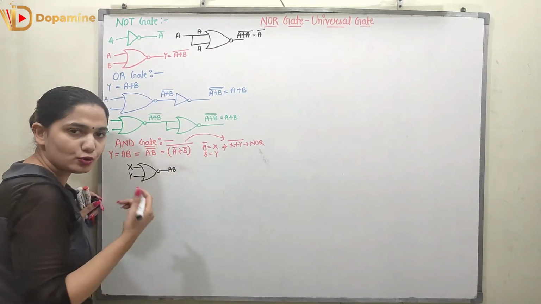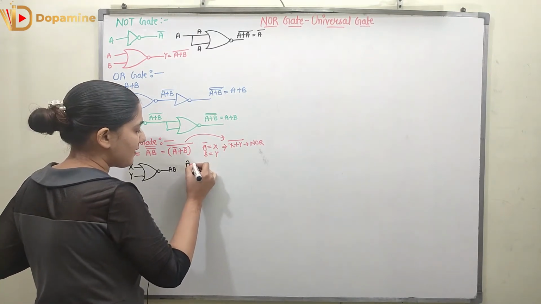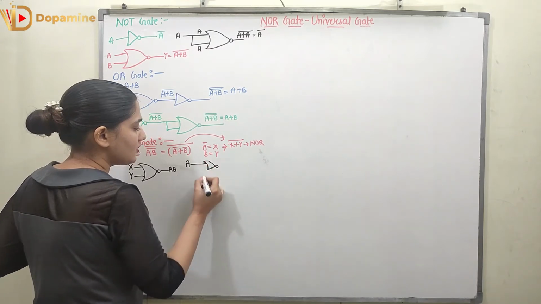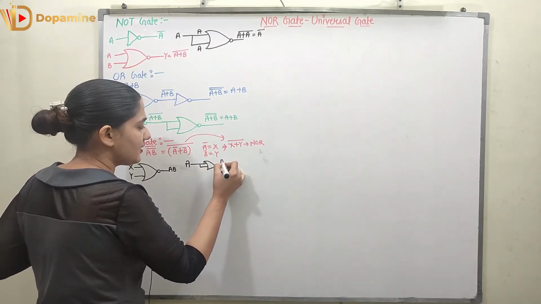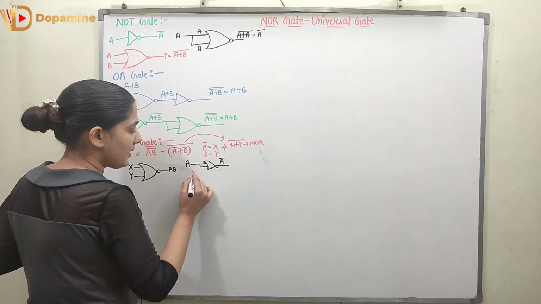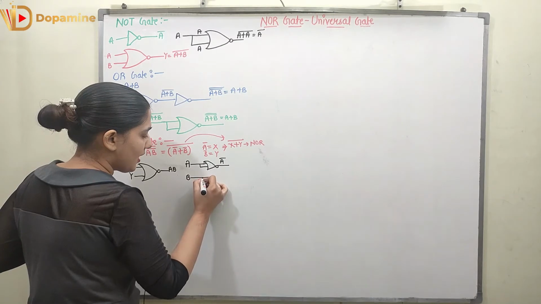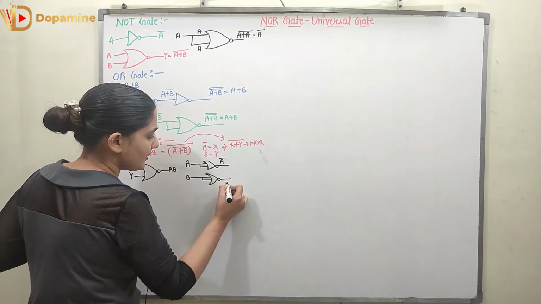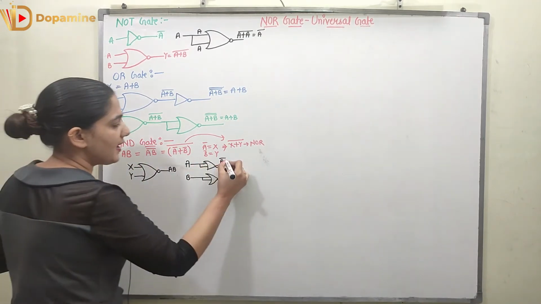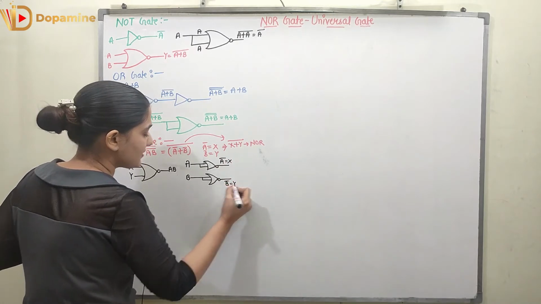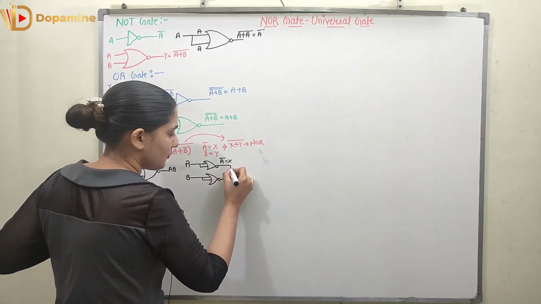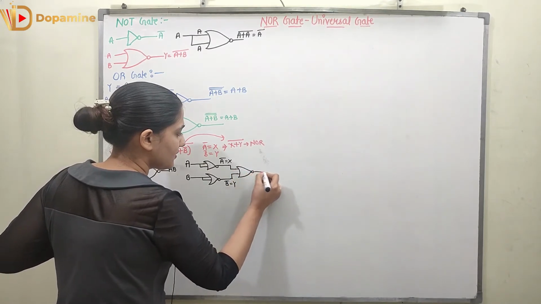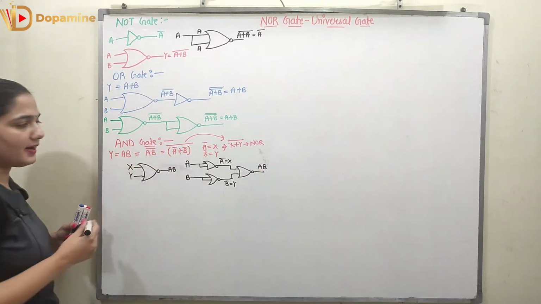So now I know how to find out the A complement. For that I will take A. I am going to send it to the inverter NOR gate. This is my inverter NOR gate. So here I will get A bar. Similarly, Y is my B bar. So I am going to take B. I am going to send it to inverter NOR gate. So over here I will get B bar. So now I got A bar which is equal to X. I got B bar which is equal to Y. So I have to send it to the NOR gate. This is how I will get A into B, right?